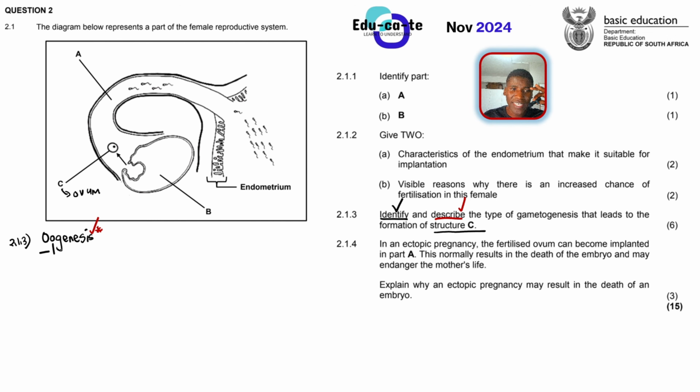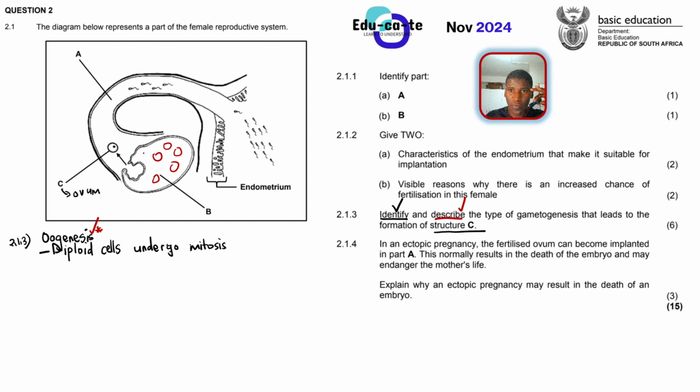So now here, what happens during oogenesis? We start with diploid cells. So we have got diploid cells, and then these diploid cells are in the ovaries. So diploid cells undergo mitosis. That's the first process. They undergo mitosis first. So in the ovary, we have got diploid cells. Diploid just means cells that have got 46 chromosomes. So cells with a diploid number of chromosomes, or cells that have got 46 chromosomes, undergo